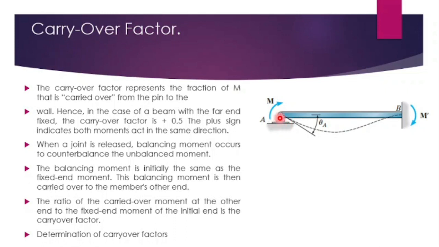Okay, the next concept is carryover. In the moment distribution method, see, the carryover factor is not a real thing which is happening, but in order to solve by analyzing with the moment distribution method, you have to use this component of carryover factor. So this is imaginary. In order to understand the components of the moment distribution method, the carryover factor is written here, and you cannot visibly see the carryover factor. Why? Because this is an imaginary thing. For doing it by the moment distribution method, you need that.